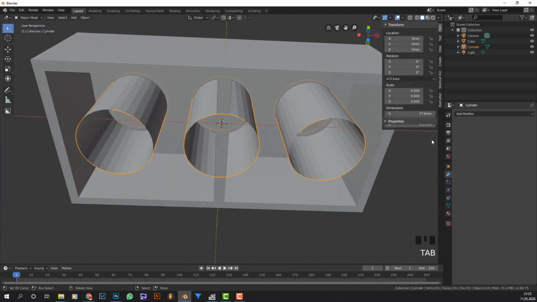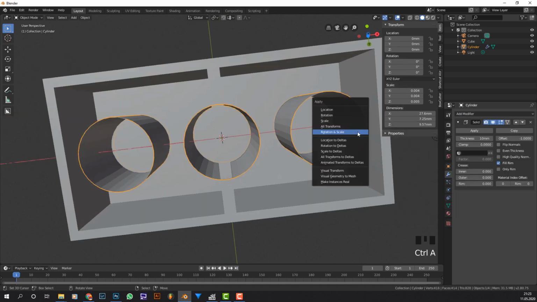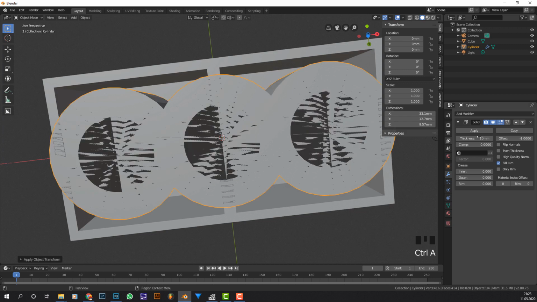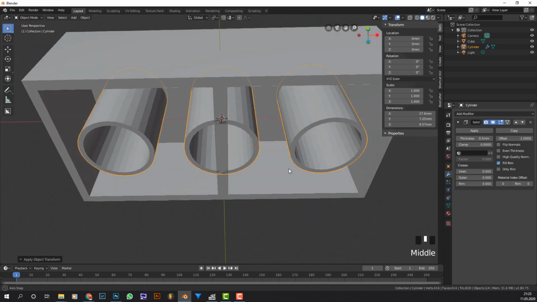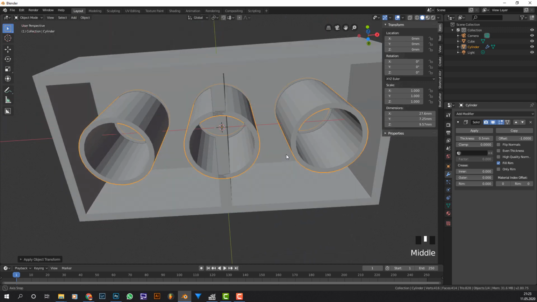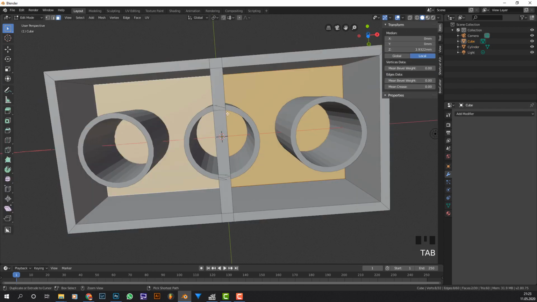Faces, and then we go to the modifiers, select solidify, Ctrl A, rotation scale. We see it's way too thick. Let's make it 0.5 millimeters. That looks good. Now what I'm going to do is hit apply, and now we can cut away this inner stuffing